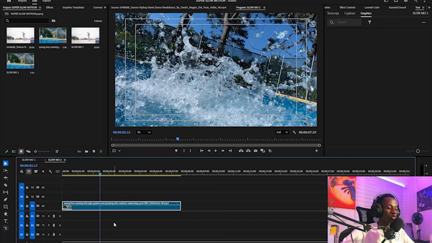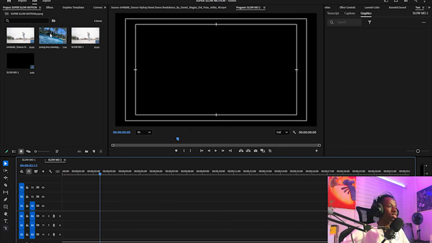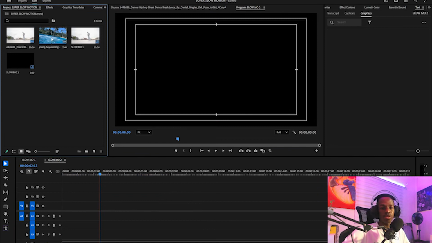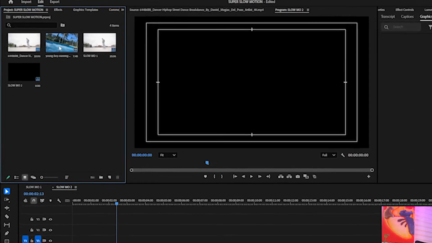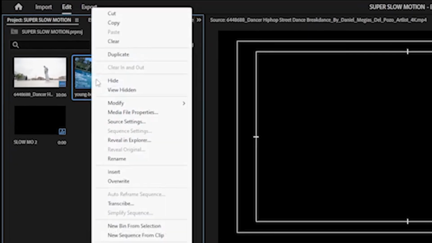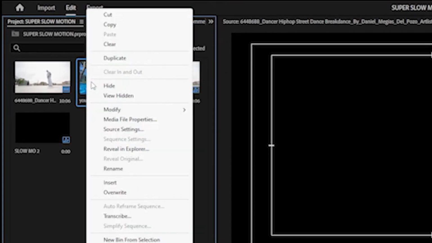This footage right here, if I just delete it and show you, it was shot on 60 frames per second. Actually, slow motion videos are shot on cameras that have 60 frames or higher capacity. The proper way of doing slow motion with a clip like this is right-clicking on the video, going